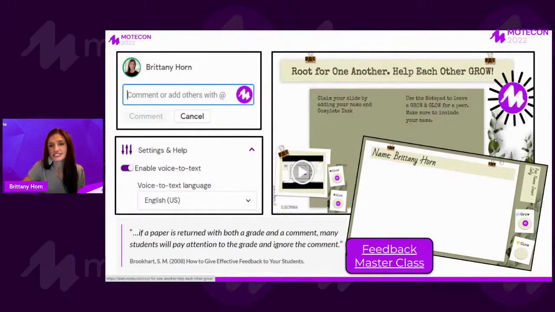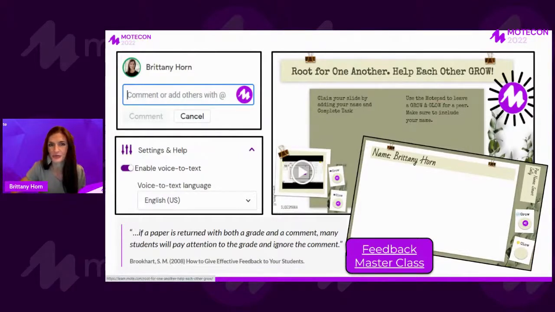You could use it just for a single student slide where they're going to write on their slide. And then we talked about providing a home. So there's a home for a grow and a glow Mote. So the student could talk about something that they did well and something they want to work on. That would totally work. Or you could have this set up as collaborative slides like this example is going to